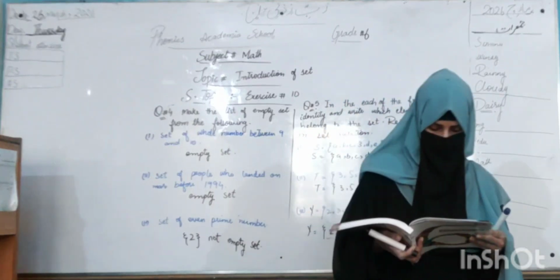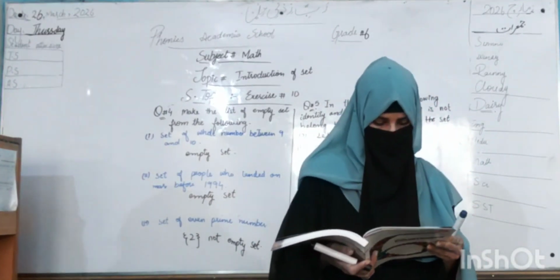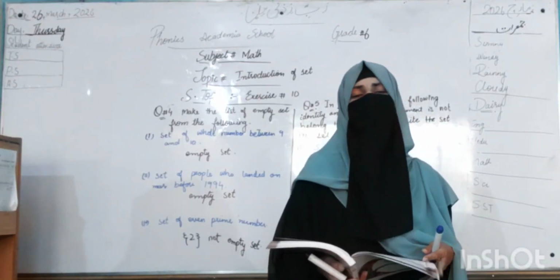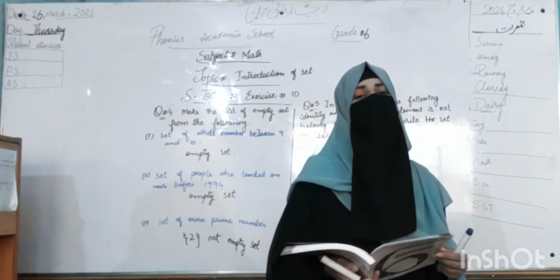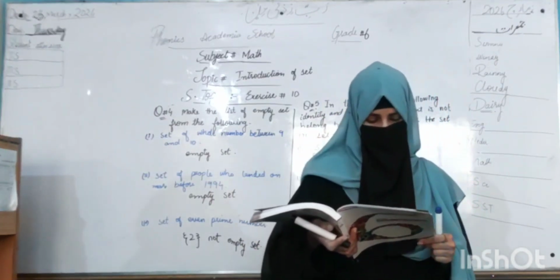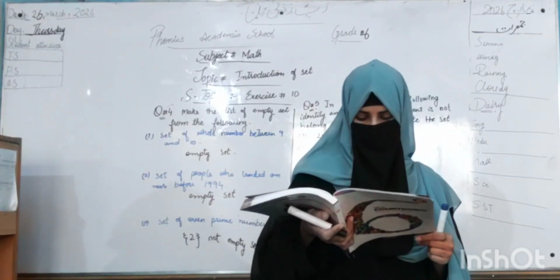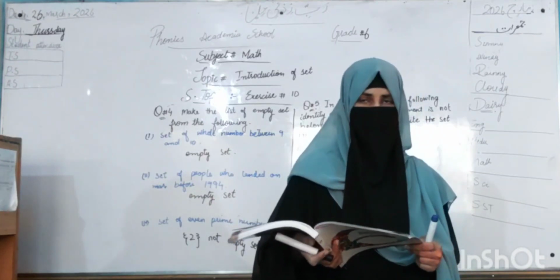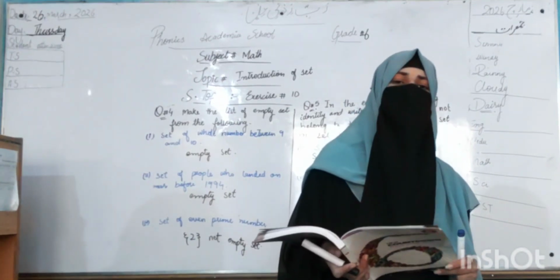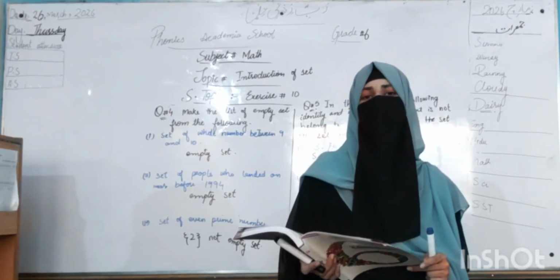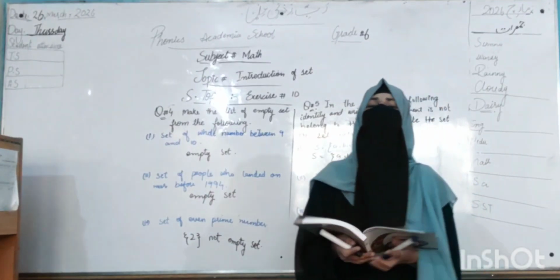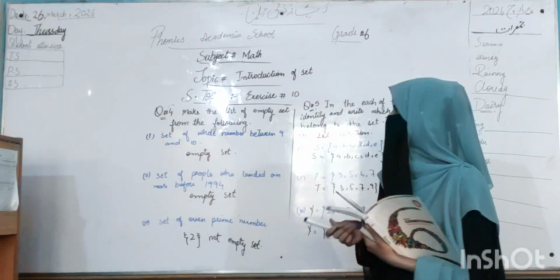They said that in question number 4, make a list of empty sets from the following. A set is given, and we have to identify which set is empty and which set is not empty, and also write a reason if a set is not empty. And question number 5, in each of the following sets, identify and write the element which does not belong to the set. In each set there is one extra member that does not belong to the set. They say to separate this member and rewrite this set in set notation along with its members. So let me start today's lecture.